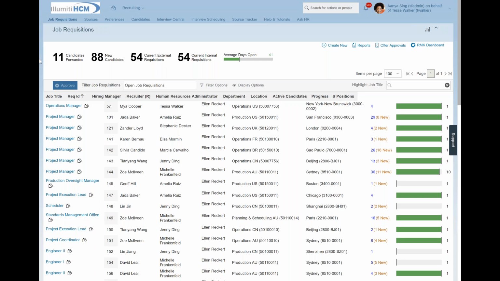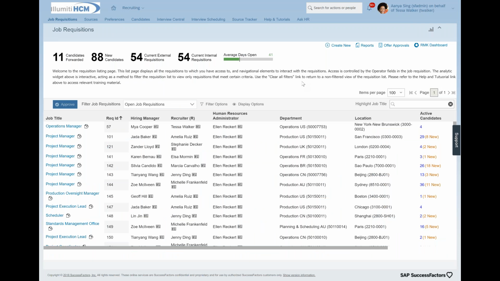If I am a recruiter and want to create a new requisition, or I'm a hiring manager and want to request a new requisition, we have a few different ways to do that in our system. If you're using some of our additional components or modules, you can actually make requests through those areas, through the org charts or through the core HR piece if someone is transferring or terminating and leaving a vacancy. But if I'm just creating one from scratch, I can come here and click on Create New.